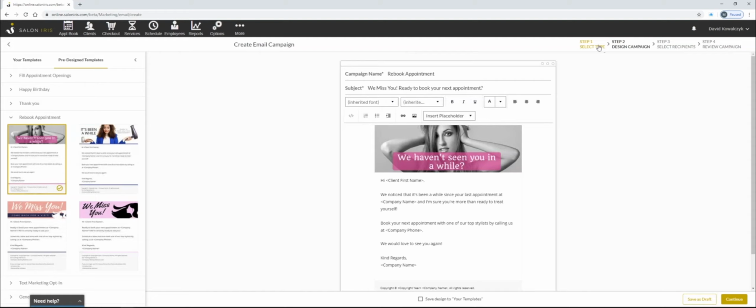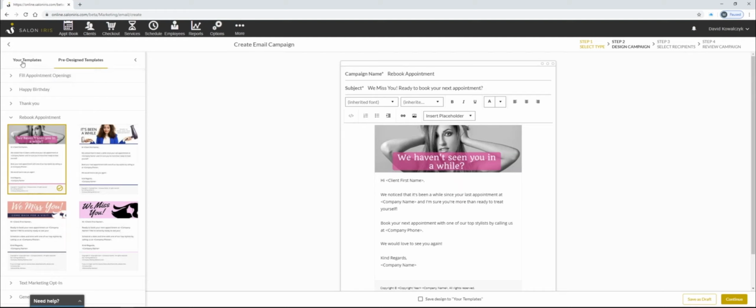is take you past step one where you're selecting what you want to do into step two, which is the design of the campaign. And essentially this is a pre-made campaign, which is pretty cool because it's basically got all the guts in there for you. So now it's just up to you if you'd like to make any alterations to the email, or if you like it as is, you could just go with the flow of what's already here. Now, in these instances, this is for a rebooking of an appointment.